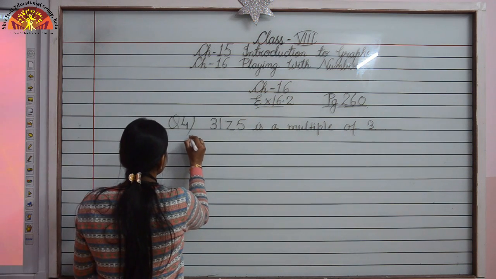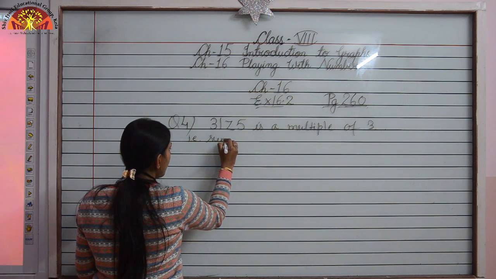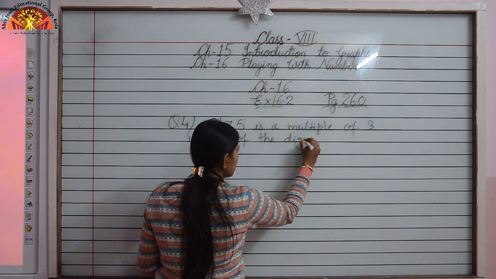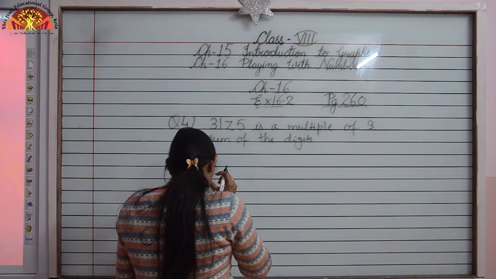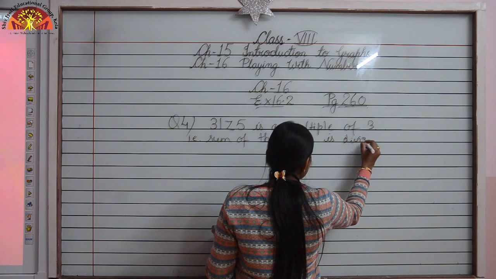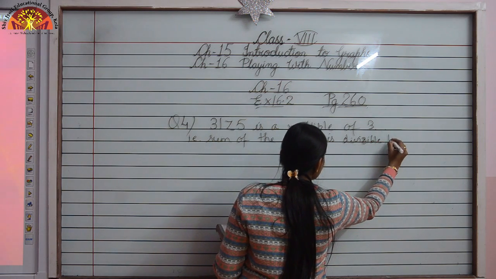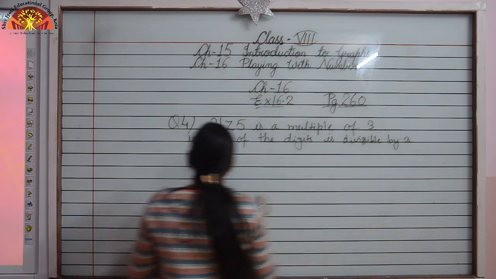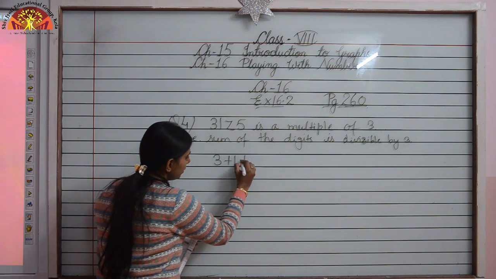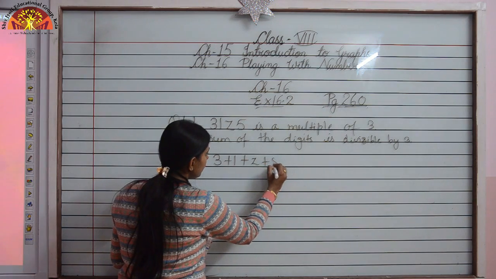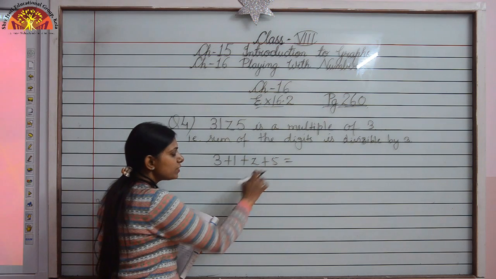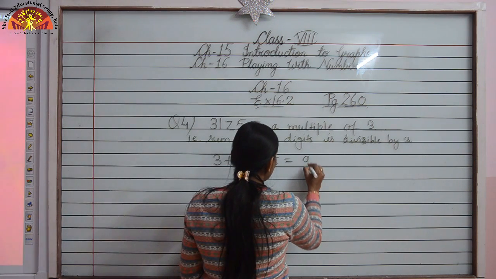That is, sum of the digits is divisible by 3. That means 3 plus 1 plus z plus 5, which is equal to 3 plus 1 is 4 and 4 plus 5 is 9. That means 9 plus z